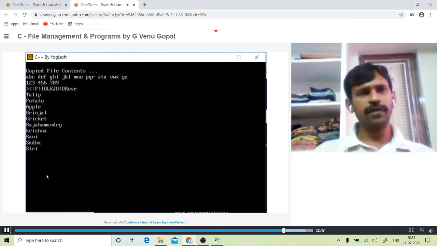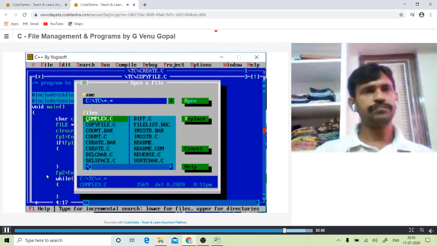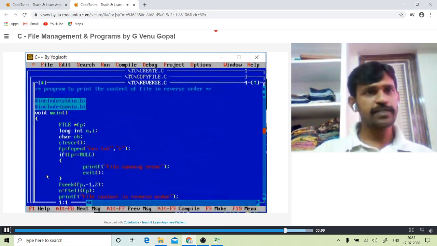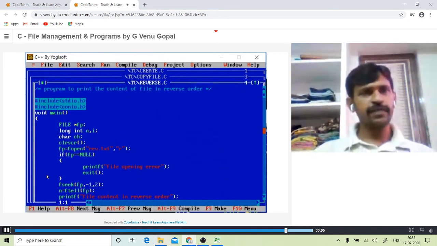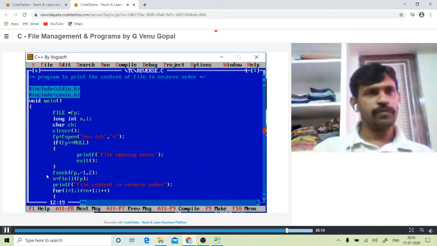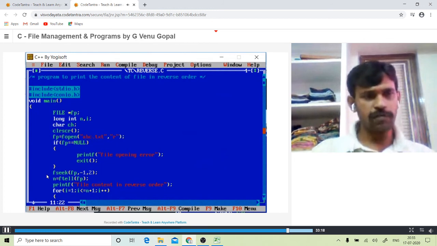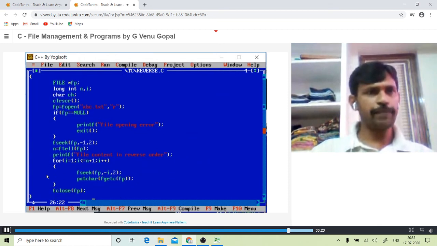This is the program. Now, the last program of this entire session, let us go. Reversing the contents of an existing file. So here, reverse.txt is the name of the file taken. Instead of that, I would like to go with our ABC file itself. So here, rev.txt is not the one I would like to specify, abc.txt. Just now we have created a file called abc.txt. It is opened in read mode.